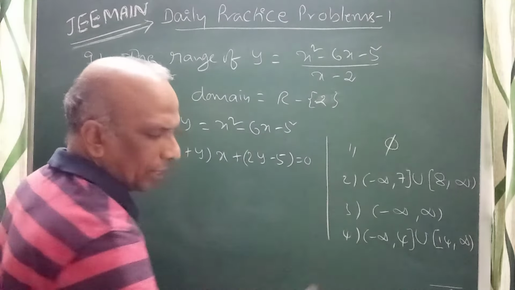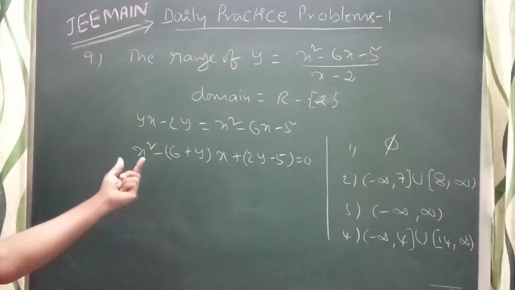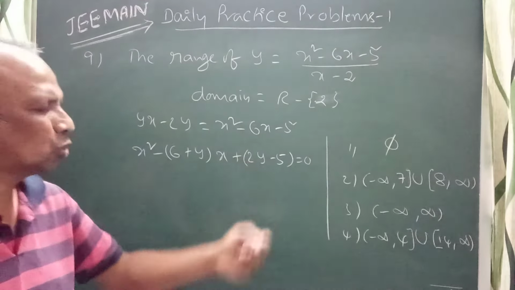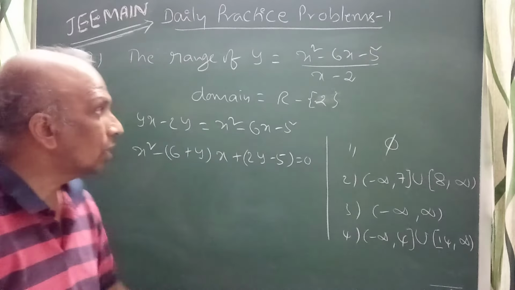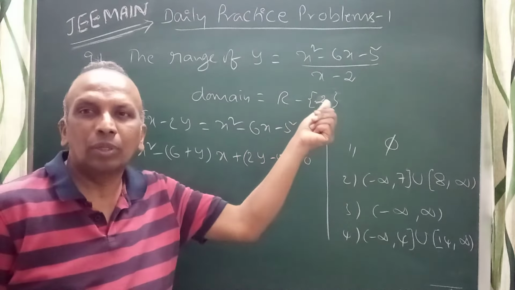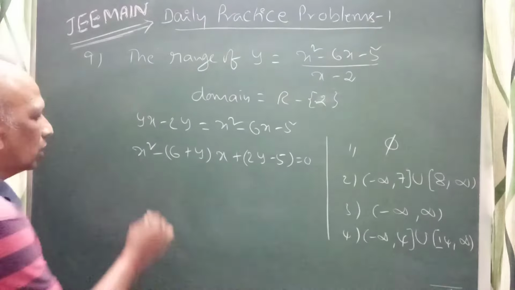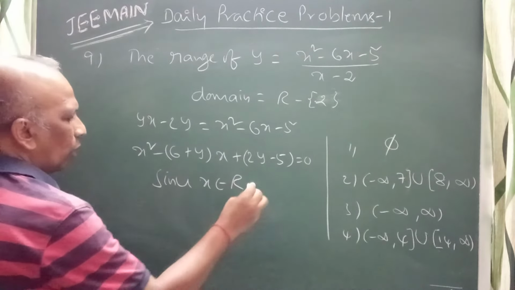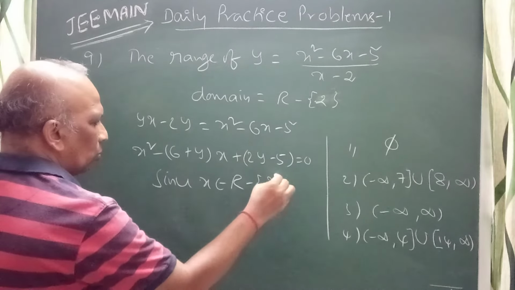So this is a quadratic equation: x square minus 6x minus yx plus 2y minus 5 equal to 0. Since x belongs to R minus singleton 2,